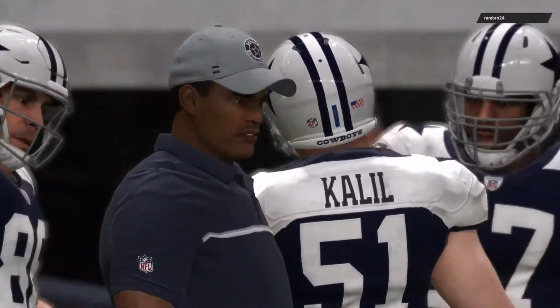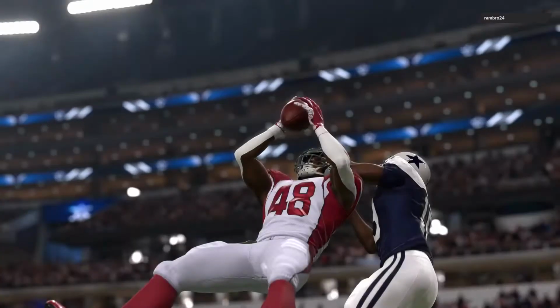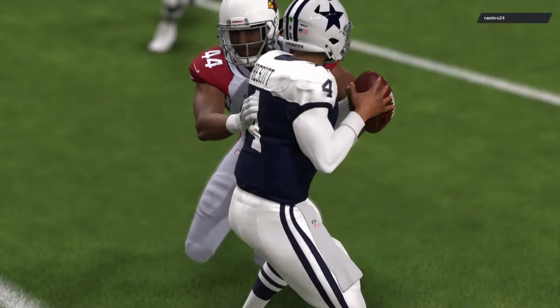Certainly defensively, something they can look at on film. No doubt about it. And yeah, go back and check where the errors are, how they're going to fix them, and continue to get better at what they do. They also need a little adjustment with their